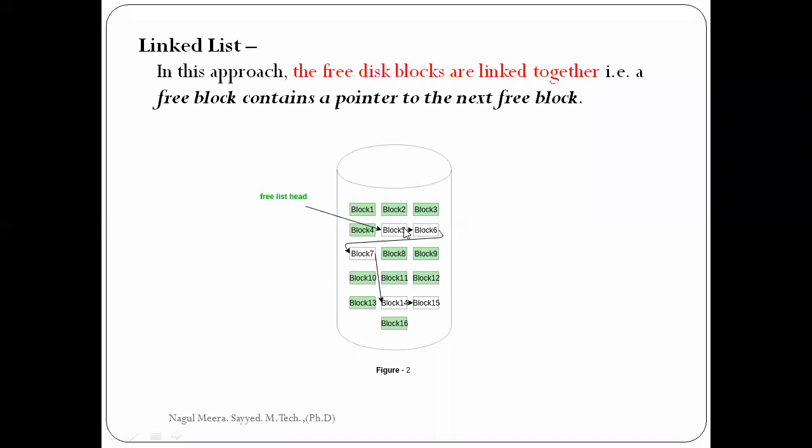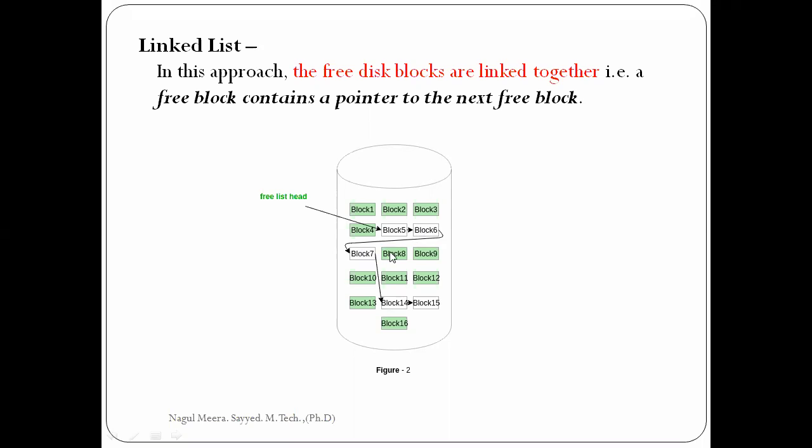Now, in the linked list notation, what happened here? All the empty blocks are linked together. For example, coming to block 5, it is white, nothing but empty. This is linked to another empty block, block 6, which is also empty. So block 5 is linked to block 6. Block 6 is linked to another empty block, 7, which is also empty. So 5 is linked to 6, and 6 is linked to 7.